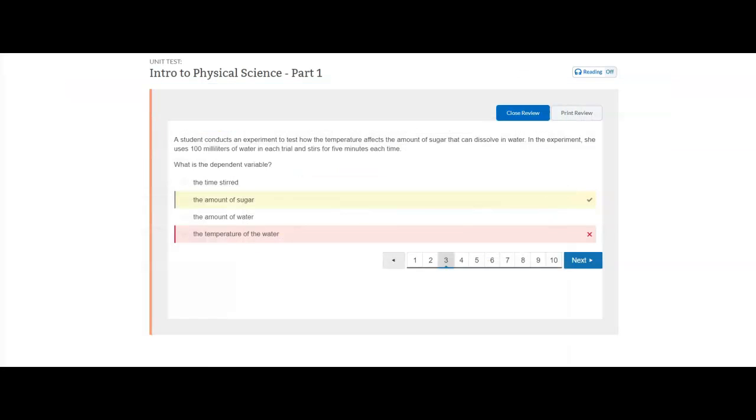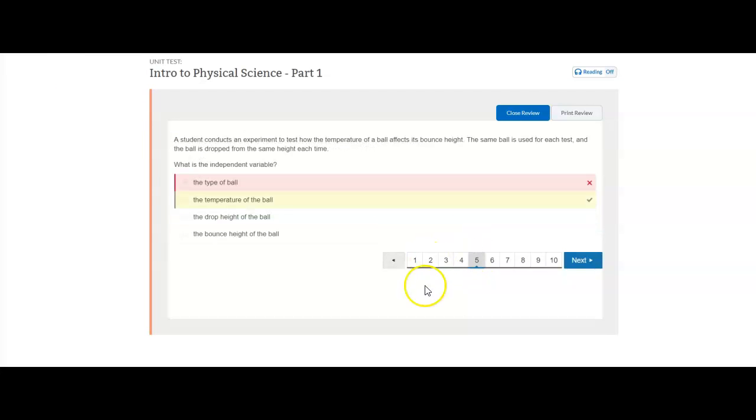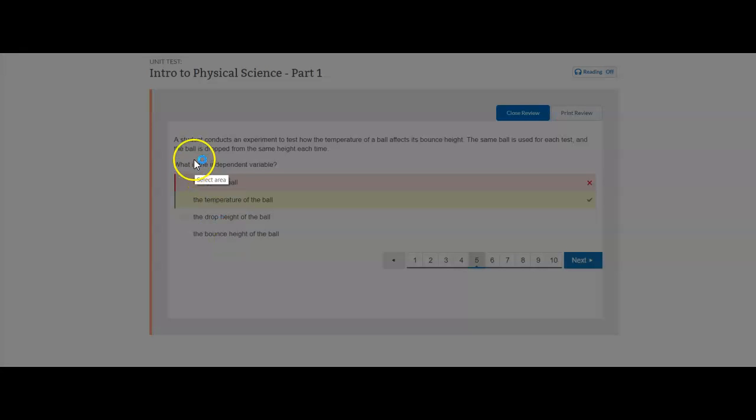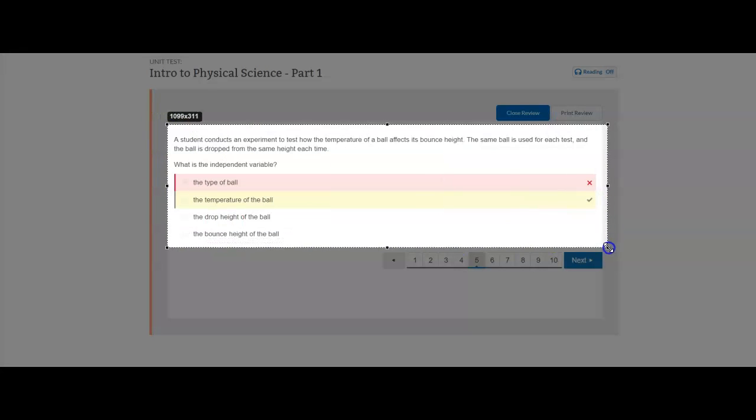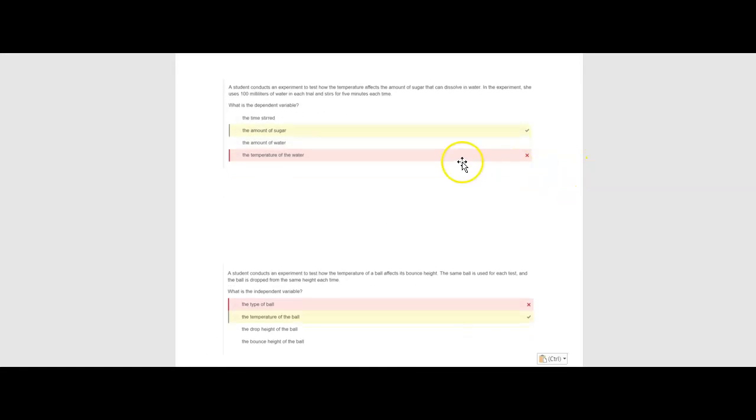So the student would then need to go back into the content. So you might want to go ahead and snip all the questions that you missed first so you don't have to keep getting back into it. So you could just go through, take another screenshot, and skip some space after. Just hit enter a few times. And so you can see how you would just continue to add to that,